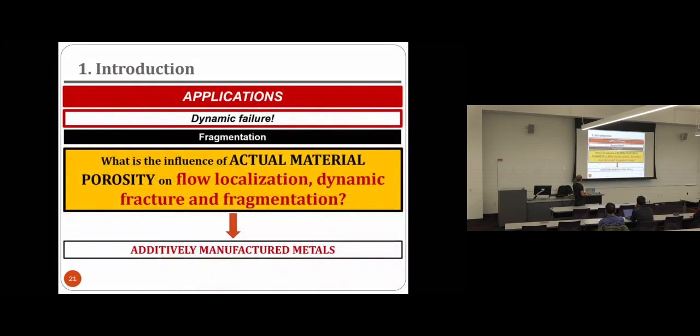Okay, so these are the typical experiments that you can perform to study these kinds of problems. These are the problems I'm interested in. And here the issue is that we are trying to perform similar experiments, in this case for additive manufactured materials, especially because we want to understand the effect of porosity on the formation of necks, and dynamic fracture, the formation of shear bands, and the growth of voids under dynamic loading leading to a spall fracture.